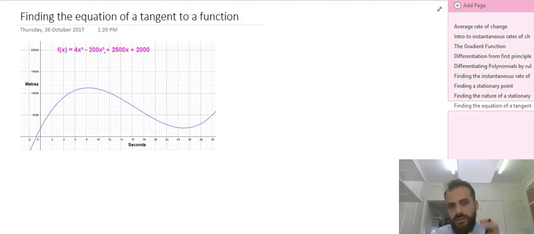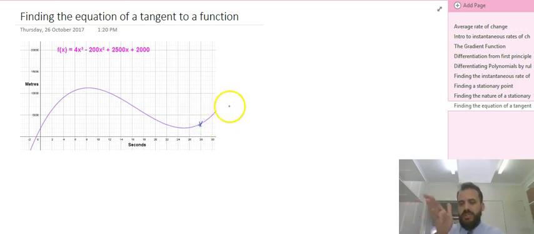So this time we're going to be using the derivative to find the equation of a tangent to a function. So we've seen this function before. It's my pilot. He's flying up, he's flying down over the course of 30 seconds. He goes up to about 11,000 meters and he comes down to about 2,000 meters. Now, at the 29-second mark, our stunt pilot has a secret. He's got rockets, and so he's swooped down, and the plane is flying along this trajectory, and then he launches